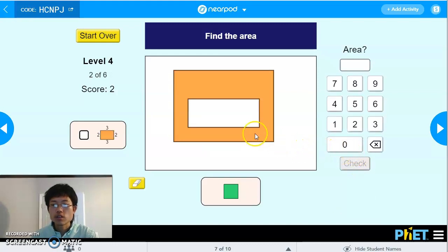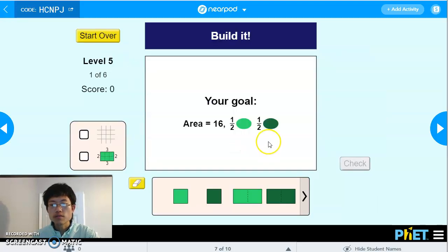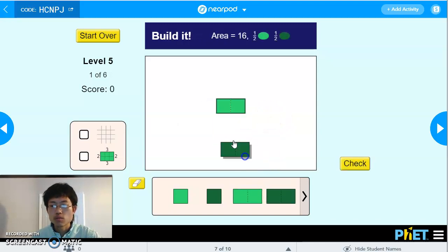And as the students get used to the level 3 and 4, you can just have students look at the numbers only and say, find the area. Now level 5 is similar to level 1, but except it's going to ask the students to use different colors. So half of them have to be this light colored green, and the other half have to be dark green. So create shapes, but half of them have to be this color, and the other half has to be this